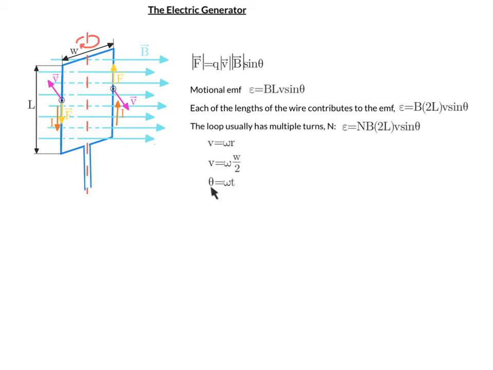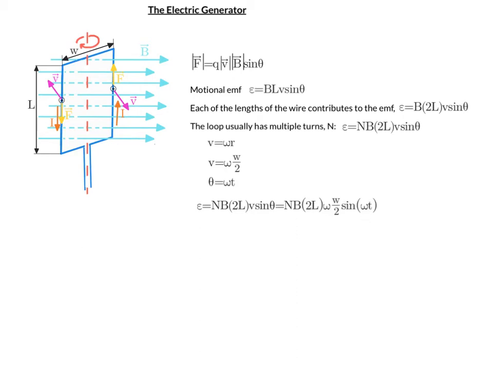Also, we know that the theta in the sine theta is angular frequency times time. So then when we put everything together, we end up with the EMF, which was number of turns times magnetic field times twice the length times the velocity sine theta, is now number of turns, magnetic field, twice the length, and for velocity we have angular velocity times the radius, which is width divided by 2, sine instead of theta